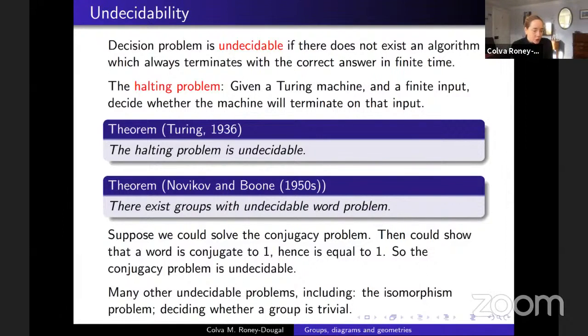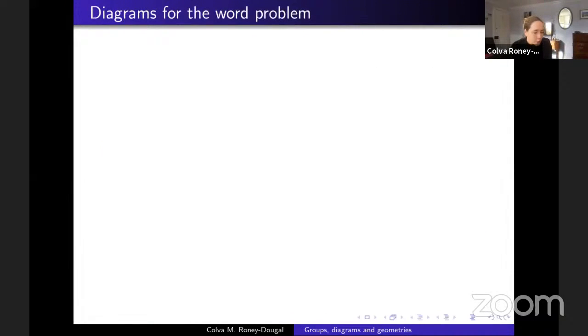I will come back to the computational stuff towards the end of the talk, but let me talk now about how we work with these presentations. So we work with them very pictorially, which makes it nice for talks. So the kind of diagram I want to start out by talking about is called a Van Kampen diagram.